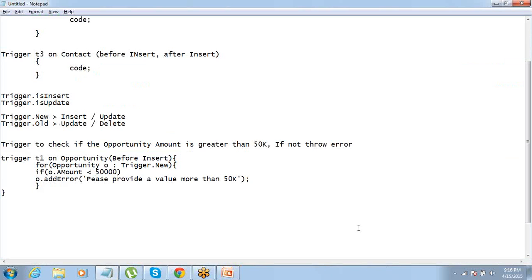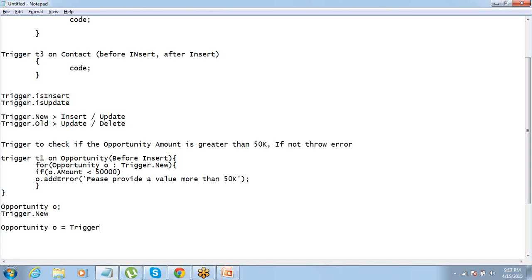So I cannot say Opportunity O equals Trigger.new. Opportunity O is an SObject, which means it can hold one single opportunity record. Whereas Trigger.new, as we have discussed earlier, is a list of SObjects, which means a list of opportunities. So this is not a correct statement: Opportunity O equals Trigger.new.